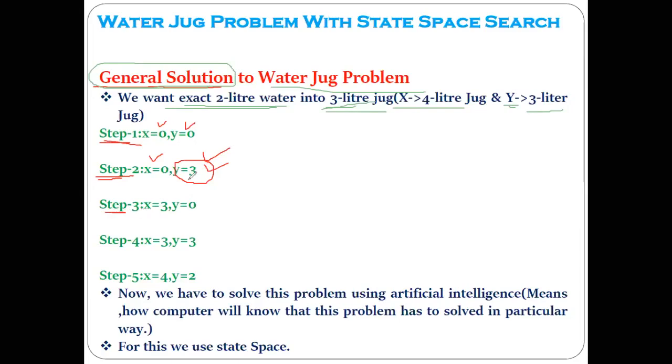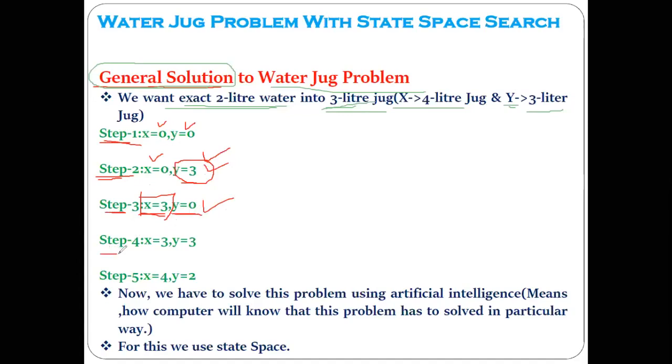We will put all the water from the second jug into the first jug. You are getting the third step. We are going to fill all the water from the second jug into the first jug. That's why the X value becomes how much? X equal to 3, correct? Yes, sir. And as you are putting all the water from the second jug into the first jug, your second jug will become empty. Yes, sir. That is the third step.